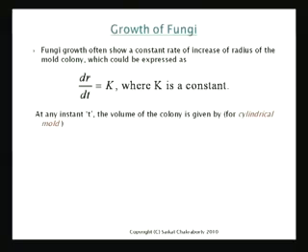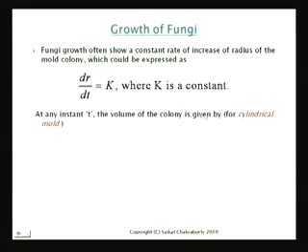See, there is a process. It can break only after it has reached a threshold. It's not that every fungus will lead to another fungus. What happens is the mold will reach a certain threshold of radius beyond which it cannot sustain itself, and then it will break. I'll also come to what that threshold is, and I'll show you that. So this is the process where a single fungus is growing as a mold, and the rate of increase of radius is a constant.